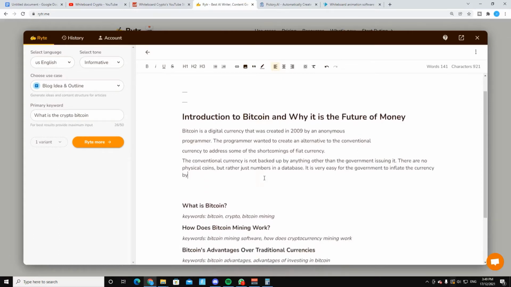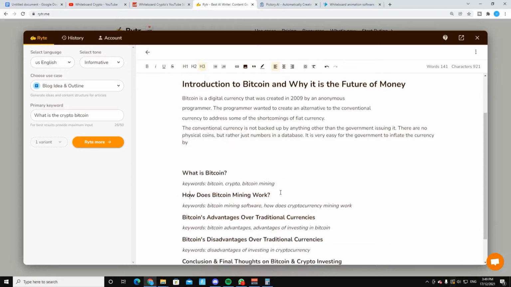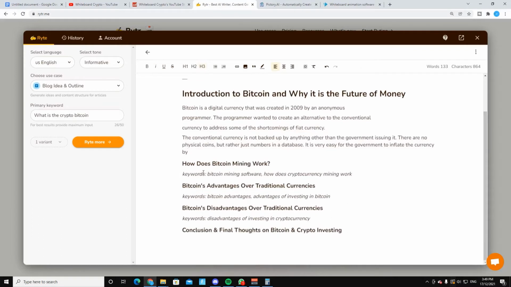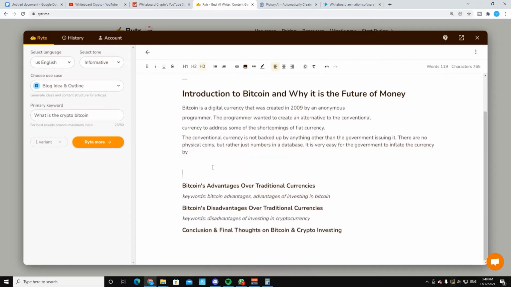So as you can see, I've pretty much got the introduction to Bitcoin and why it's the future, and it gives you a brief. Then you can see it says what is Bitcoin. We don't want to do that because we can't really write that, it's not 30 characters, but we can delete that and highlight this one. How does Bitcoin mining work? Would you want that in there yet? You could put it in there, but it wouldn't be something you'd put in straight after the introduction. I'd say you could write something like,